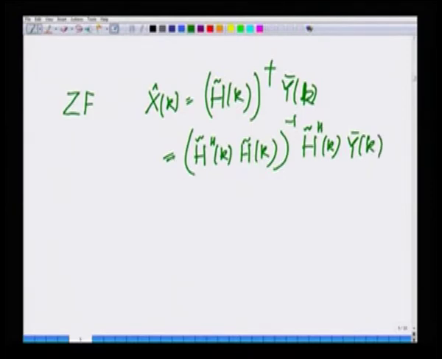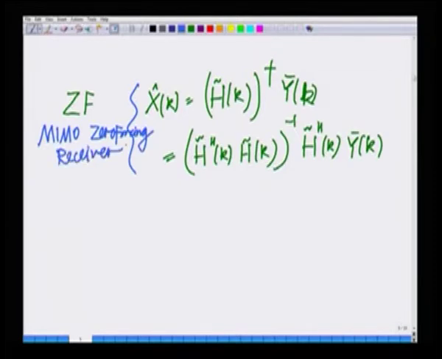So, this is nothing but the pseudo inverse, and this is nothing but the MIMO zero forcing receiver. Similarly, one can employ the MIMO MMSE receiver, that is the MMSE